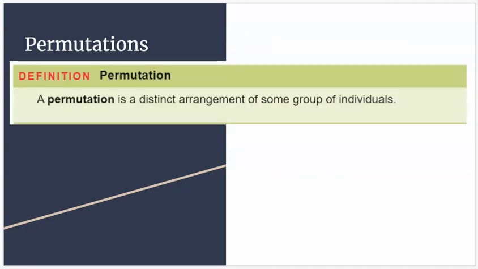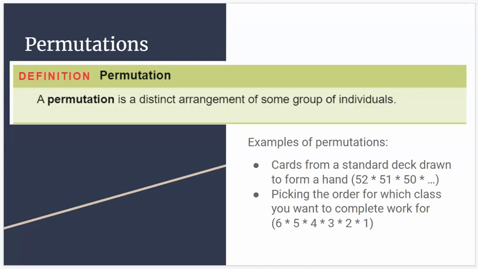Next on our list here we have permutation. So permutation is a distinct arrangement of some group of individuals. That's pretty vague, so let's give ourselves a little bit of an example to see what we're talking about here. Some examples of permutations include drawing from a standard deck to form any kind of hand, right? As well as picking the order for which class you want to complete work for. So assuming you have a 6-period schedule, which I'm not sure if any of you guys have since you're all seniors,